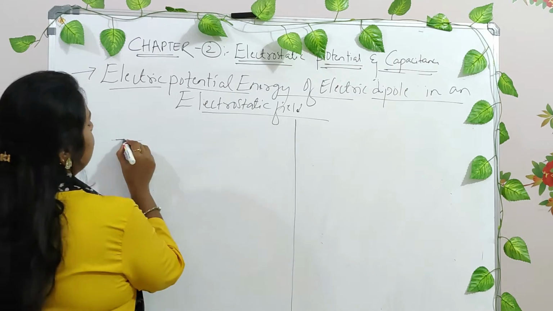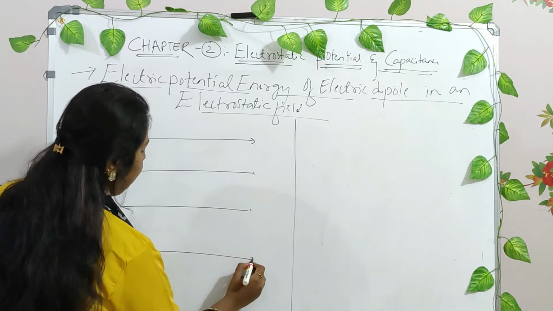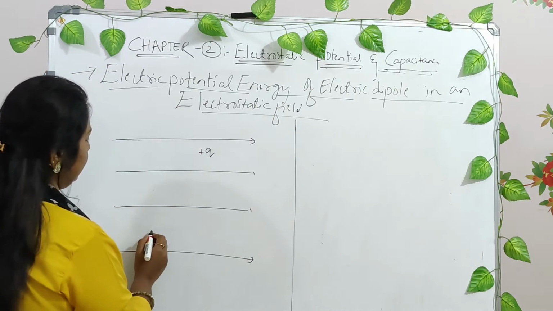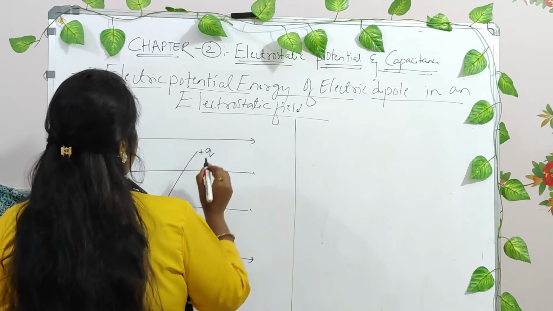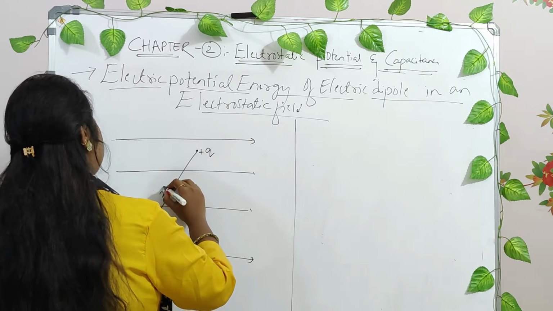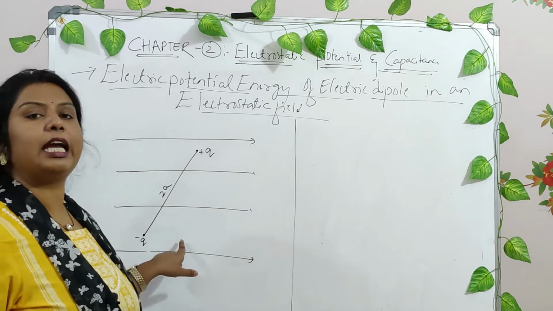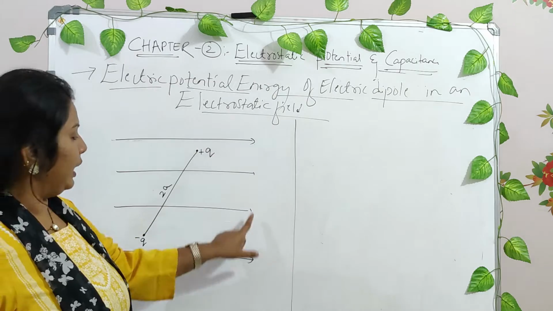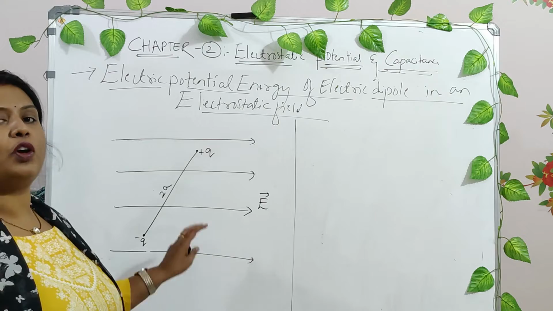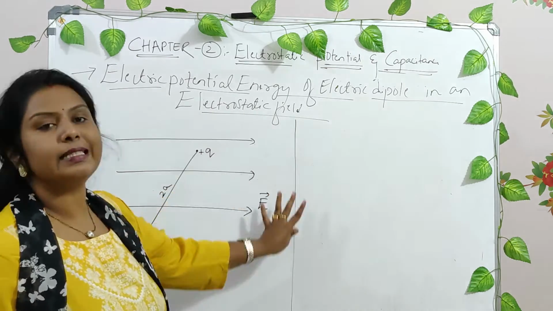Okay, now these are electric field lines, and we place a dipole into it. A dipole is nothing but two equal and opposite charges placed at a very small distance of 2a between them, right? Now this forms a dipole. The dipole is kept in an electric field. This is the electric field, right? We have to find the electrostatic potential energy of this dipole when kept in this electric field,